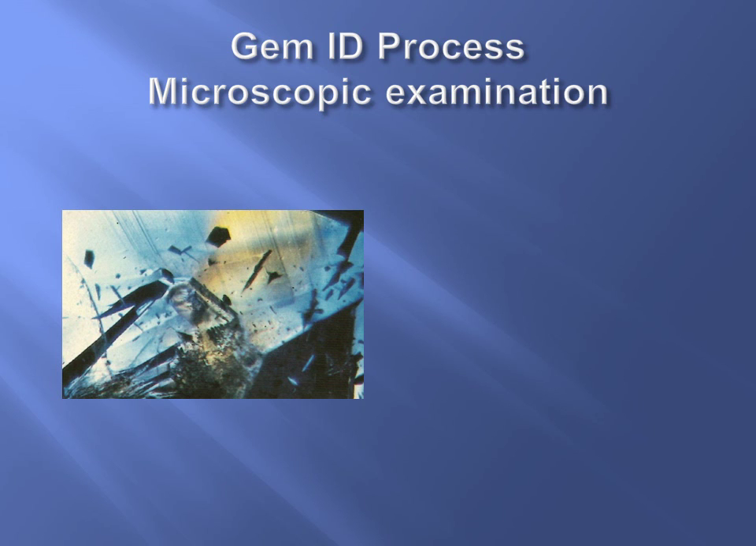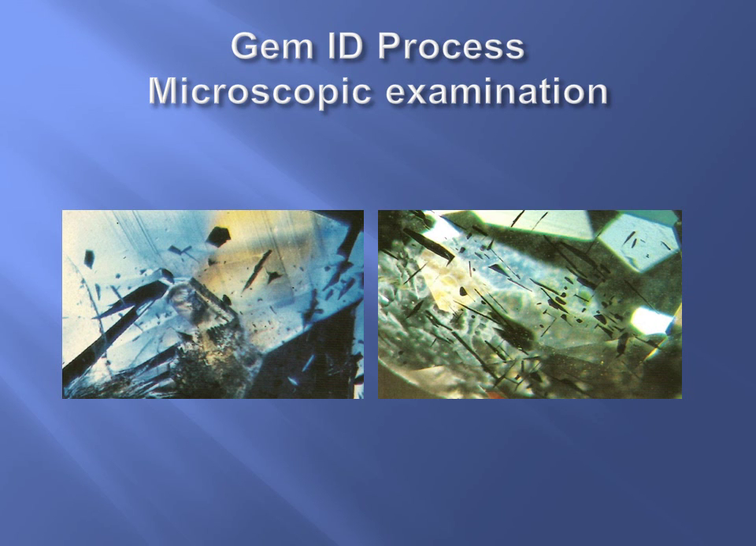This is the sort of picture we could expect to find in this particular sapphire. Or we might see something like that. So we rotate the stone and look at it from different angles and directions. What we need to do is study those little inclusions. Once we've studied and identified those inclusions, we can determine whether the stone is natural